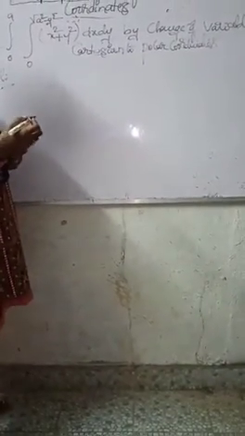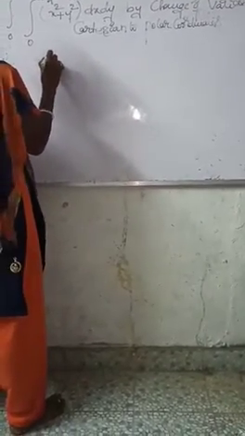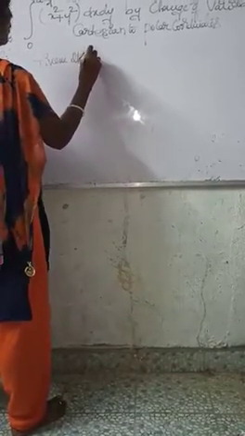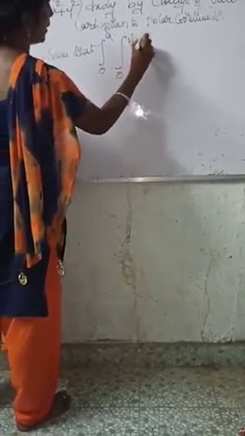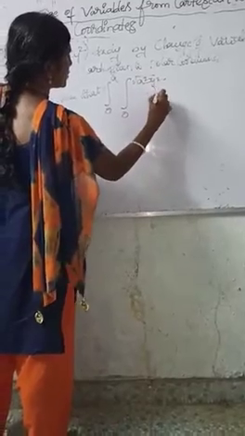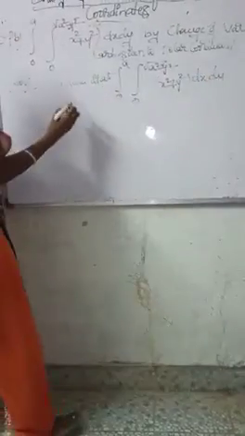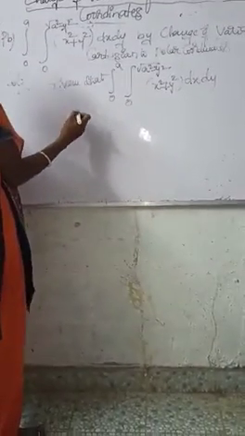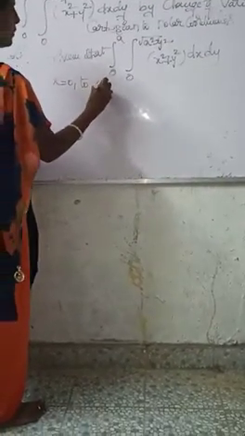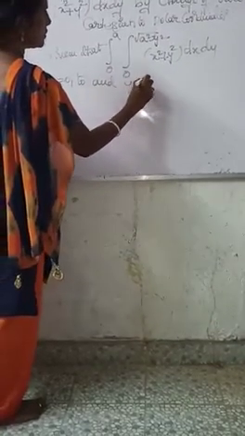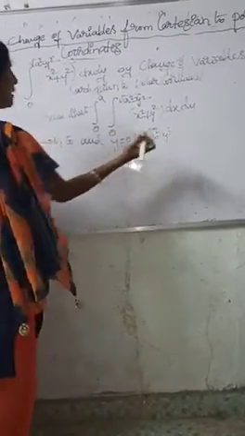Now once again I can write the given problem: integral of 0 to a, again integral of 0 to root of a square minus y square, x square plus y square into dx dy. Here the x limits are 0 to root of a square minus y square, and y equals 0 to a.